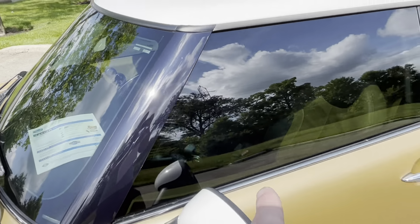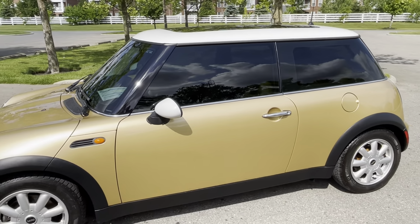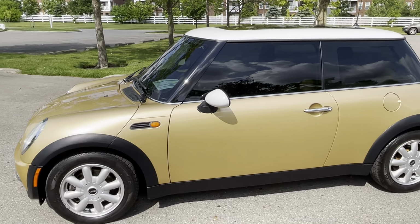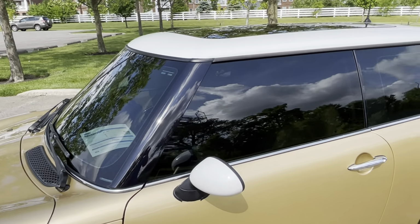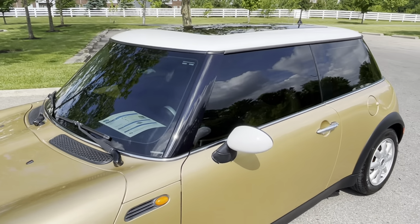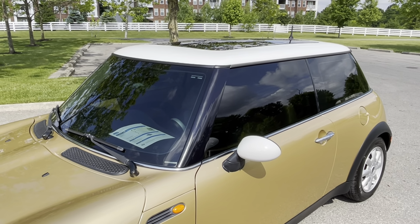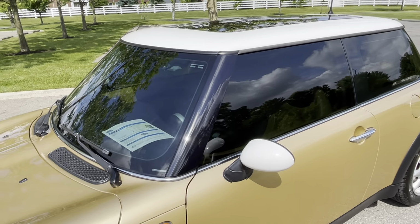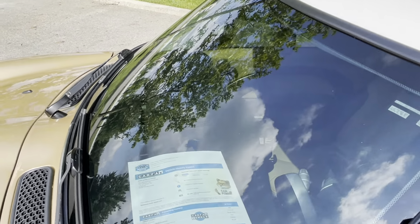Also, the window tint that you may have already noticed that I think gives the car an amazing look, and I think it gives Mini Coopers a great look, period, to be window tinted. This was also done within the last couple of years. So this window tint is not very old. This was done at a local shop that is the best shop in Columbus for window tint, Quality Window Tint. If you're looking for window tint and you're in the Columbus area, go see Mark at Quality Window Tint because